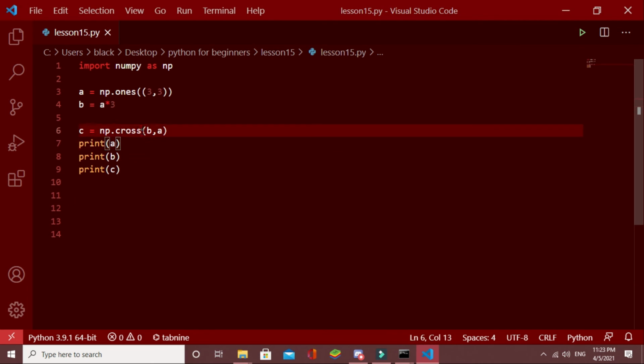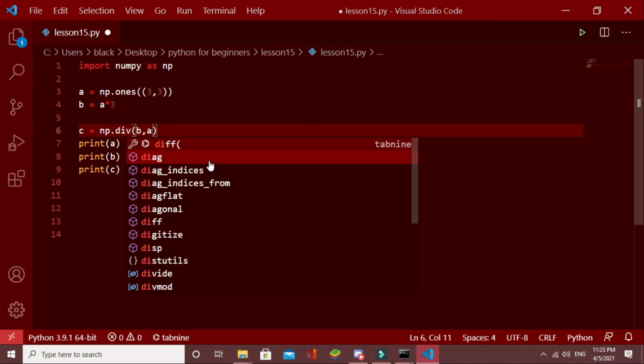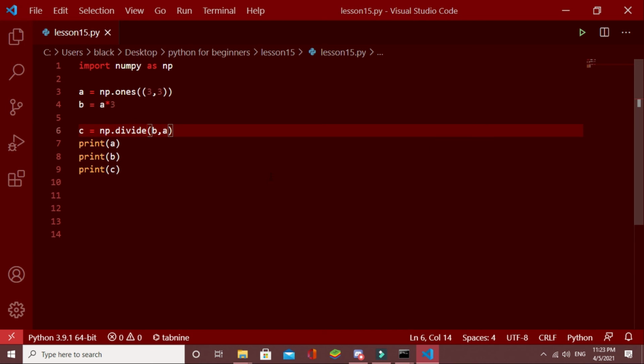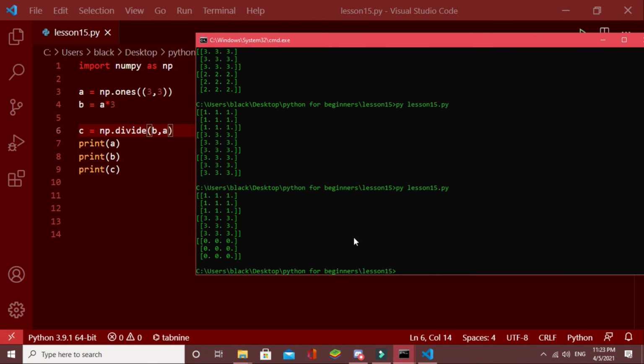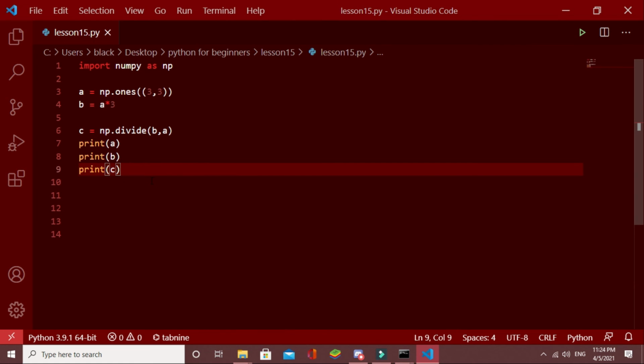And there is another function called divide to divide these matrices. Not actually matrices, it is just element wise it will divide the numbers, which is B by A. That means 3 by 1 equals 3, 3 by 1 equals 3. It will divide these numbers element wise.